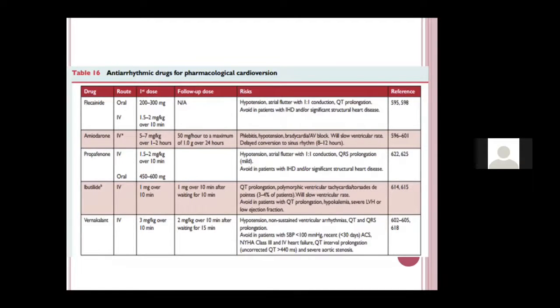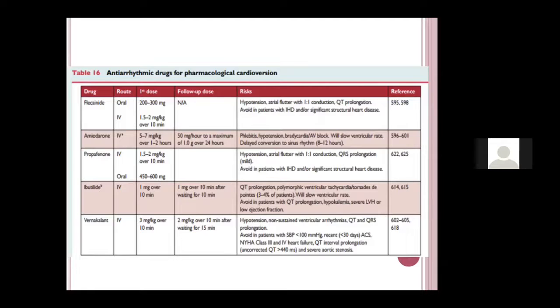Amiodarone has a lot of side effects. If you know the acute side effects, it can cause QT prolongation. And second, it can cause bradycardia. These two are the very important side effects, QT prolongation and bradycardia. Then we know there are other side effects, like it can cause pulmonary fibrosis, hepatotoxicity, hyperpigmentation, and corneal deposits. So these are the other side effects of amiodarone which we should know, apart from the common ones like bradycardia and AV blocks, as well as the